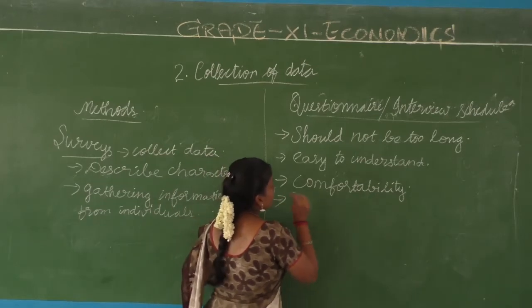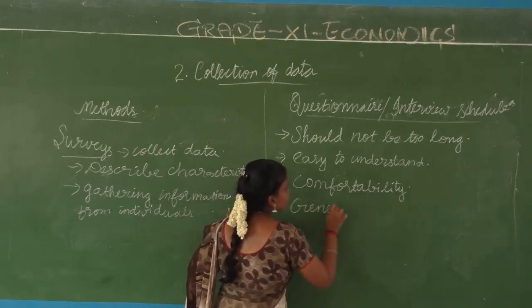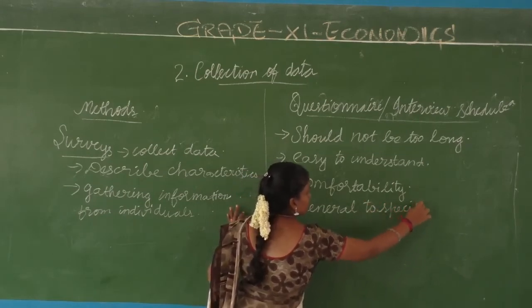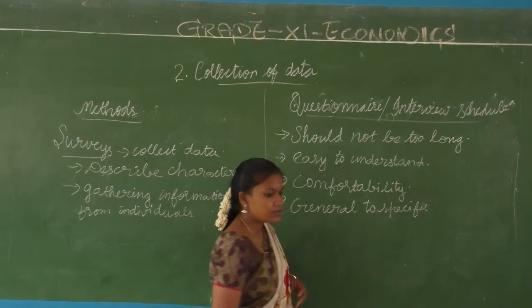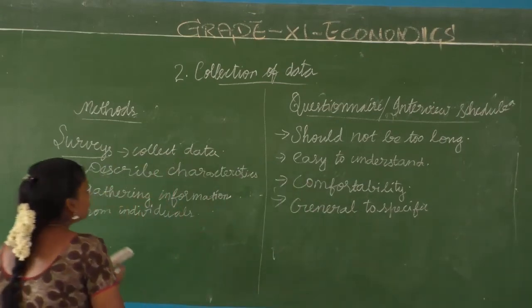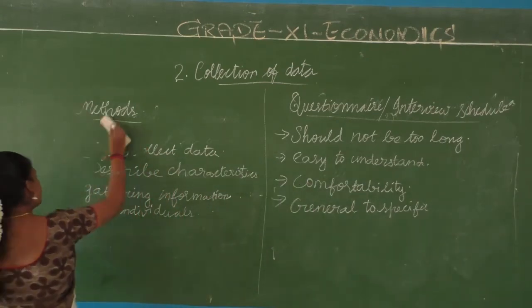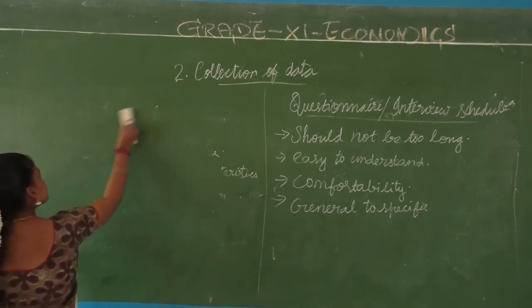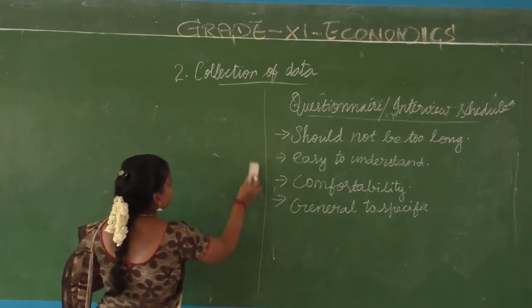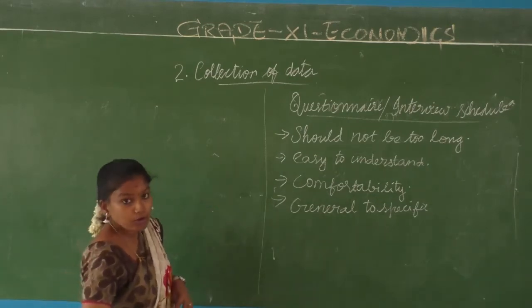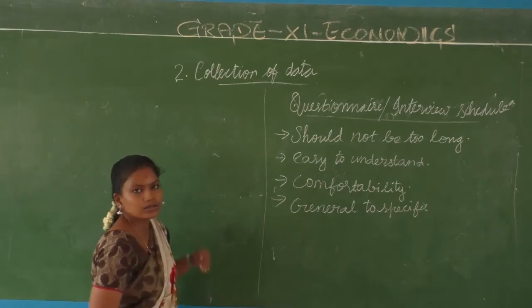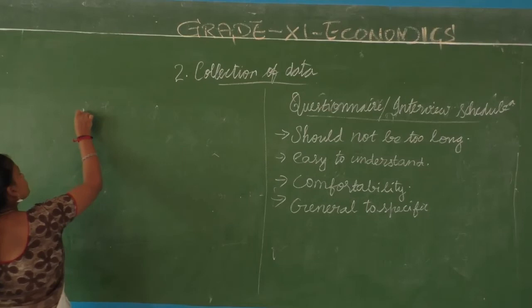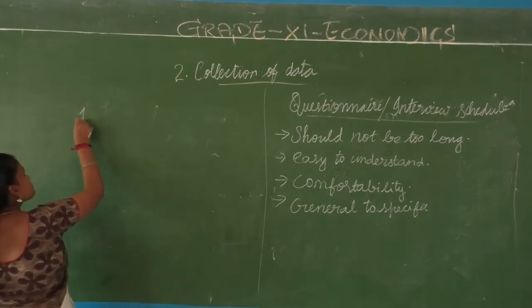Next one, the question should go from general to specific. General to specific. I am not going to go with the examples that are given in your book. You can read it, but still I want to give some more examples for all these things, so that it is easy for you to frame your own examples and write your own answers. From general to specific means, first thing what do? First question is this. Okay.